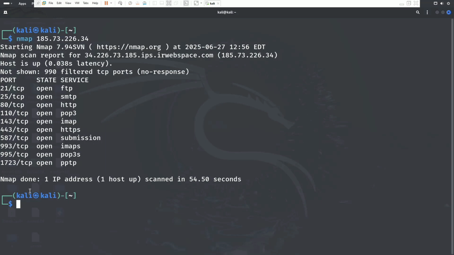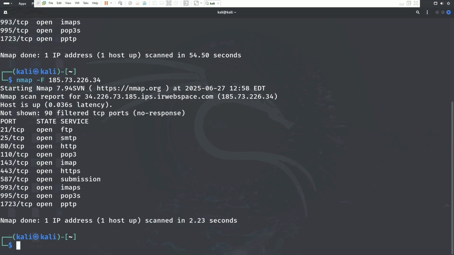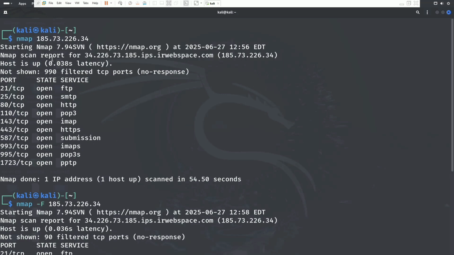Okay, and as I told you, sometimes we don't have time, so what should we do? The command that I use in these circumstances is nmap -F, it means fast, and then I type the IP. Okay, and then I press enter, and we should wait to see the result. And as you see, it does it faster than what I did before. Okay,